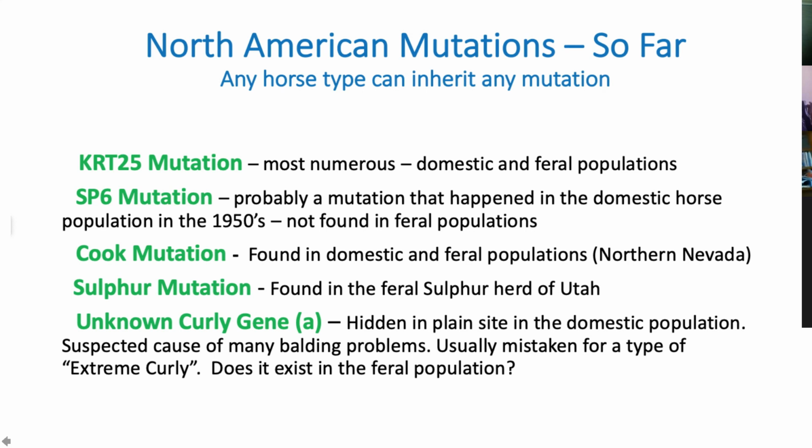And SP6 is another mutation found in North American curly horses. It was probably a spontaneous mutation that happened in domestic horses in the 1950s. In all probability, that's how that happened. It has never been found in a feral horse population in North America. And then we have the Cook mutation, which is found in most domestic and feral populations. The sulfur mutation, which is found in the sulfur herd of southern Utah, and our recent addition, the unknown curly